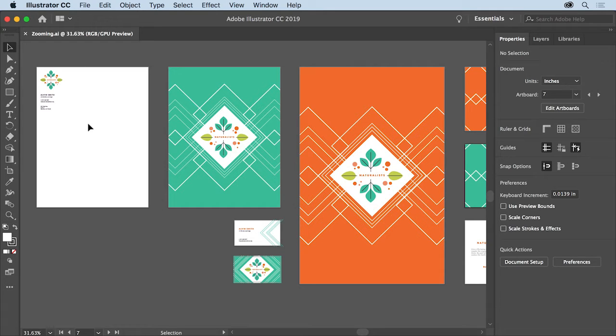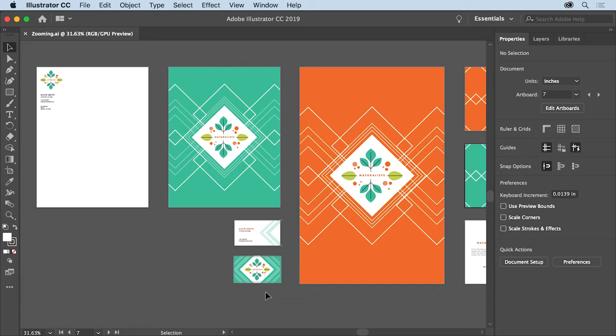Now when you work in Illustrator, your content is on artboards. An artboard in Illustrator is similar to a page in Microsoft Word or Adobe InDesign. In this particular document, you'll see a series of artboards. You can have a lot of artboards in one document, and they can also be different sizes, maybe to design a postcard and a poster for the same client in a single document, which makes it easier to share assets and colors and different things across the different pieces you're creating.